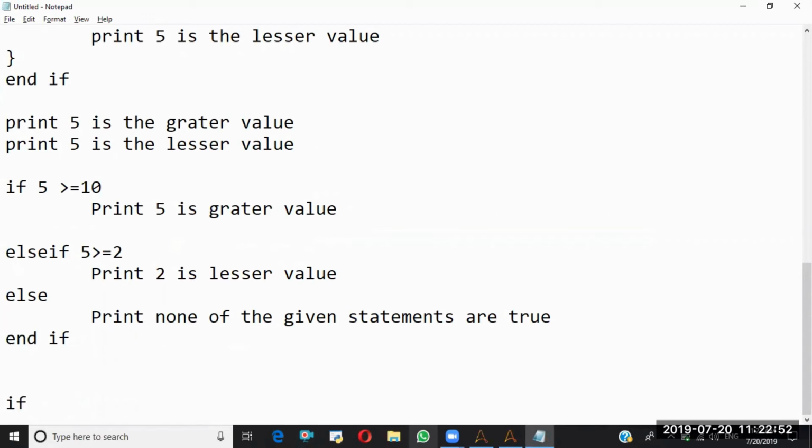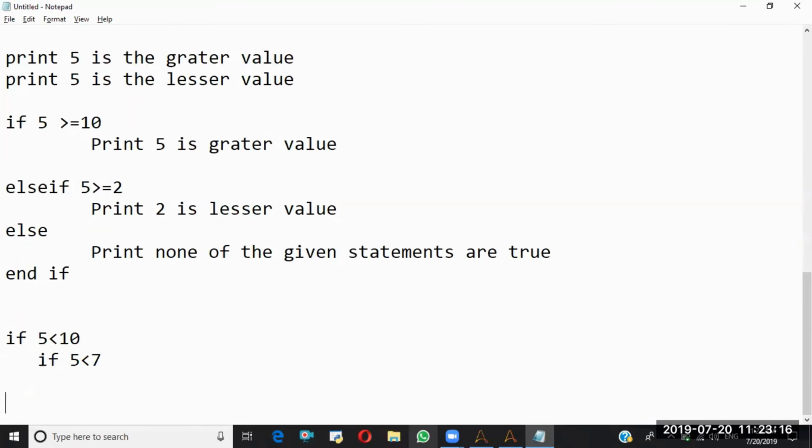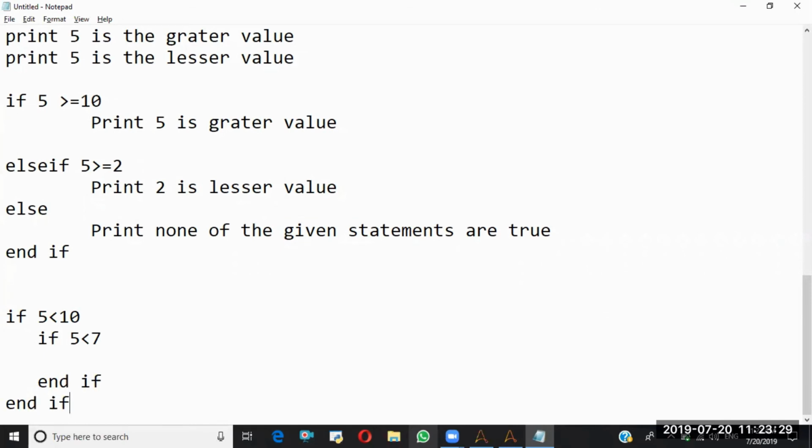If 5 less than 10 and if 5 less than 7, end if.